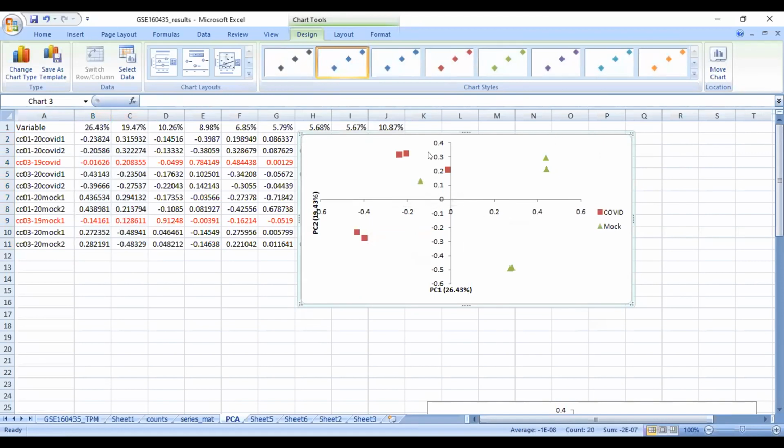Even within these COVID and mock samples, we again have two groups, one in the upper part and one in the lower part, and similarly here. So you can also look at what kind of data you actually have. Within your data you may have other metadata information, like these may be two different replicates, so these are two different samples for two different replicates. You can actually find that pattern as well. Now, what can we do with this exploratory data analysis? We can guide our downstream analysis. What kind of research questions can we ask?